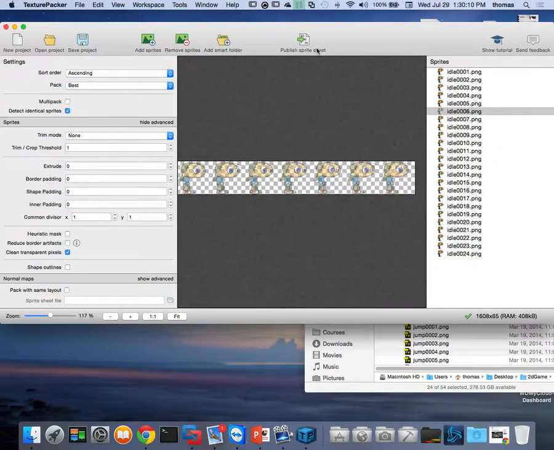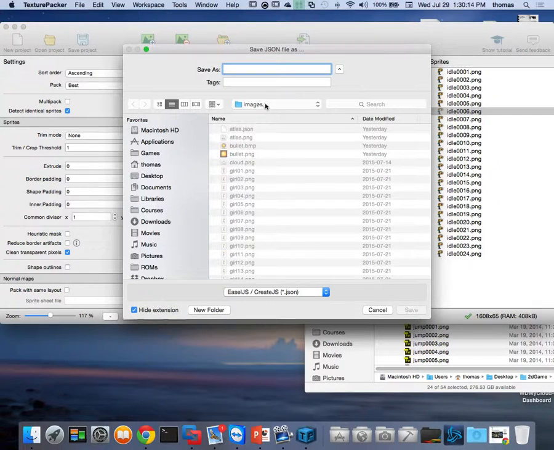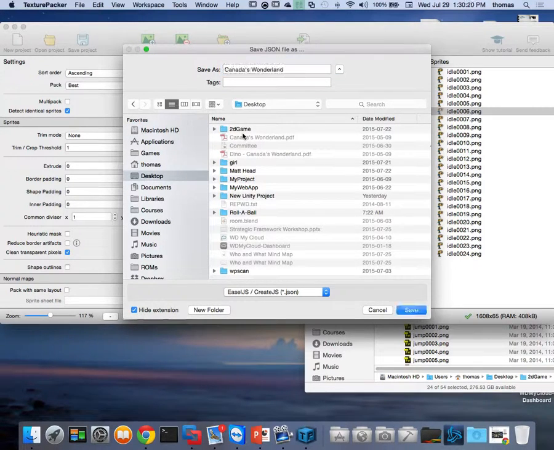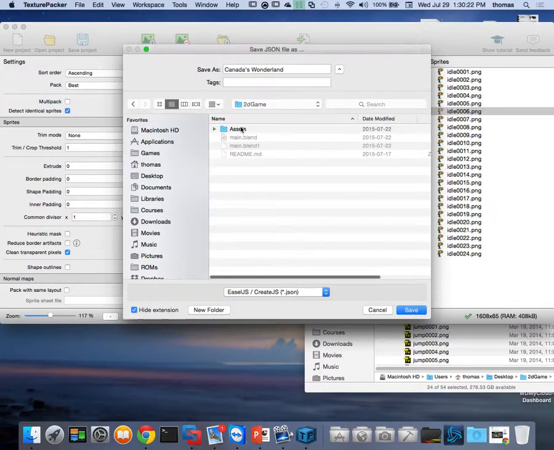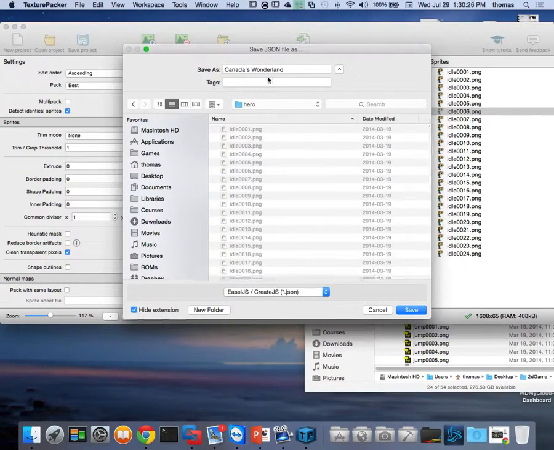And now I want to export. So I'm going to go publish Sprite sheet. It's going to ask me where to publish it. I want to put it inside the same place that I have my documents. I'm going to go to my desktop, and I'm going to go to 2D game. And inside my assets, I have my hero. Inside my hero library here, it's called idle. I'm going to call this